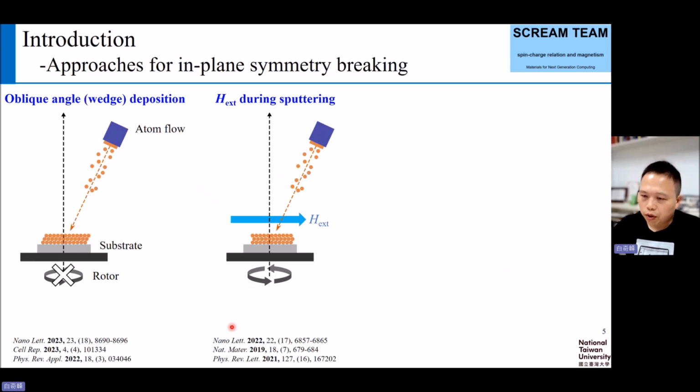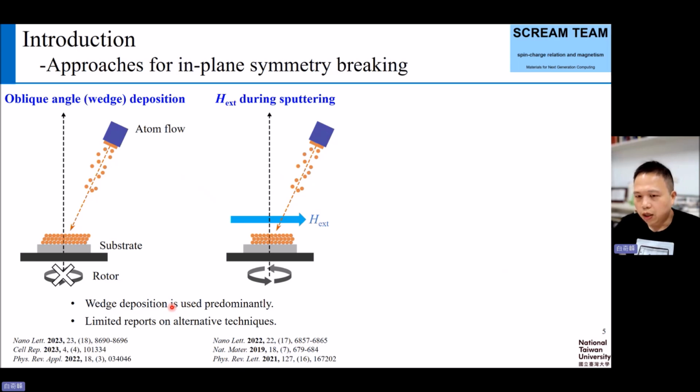Some groups reported that if you use the regular rotation during the deposition, but at the same time apply an in-plane field during the deposition, that will also give you a symmetry breaking. And later on, some people said that this can also give you the interlayer DMI. But in our case, we found that the wedge deposition is more powerful and more successfully delivers the results that we want. And so we're going to focus on this oblique angle deposition technique, or wedge deposition technique. And some of the